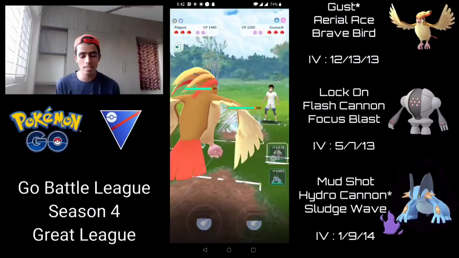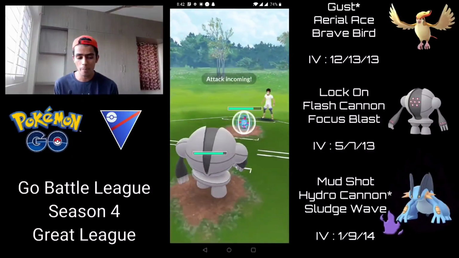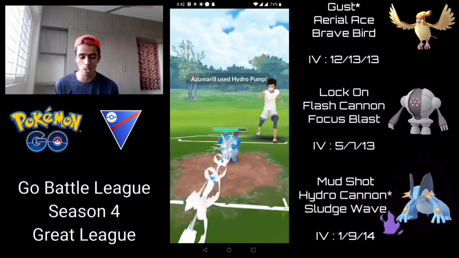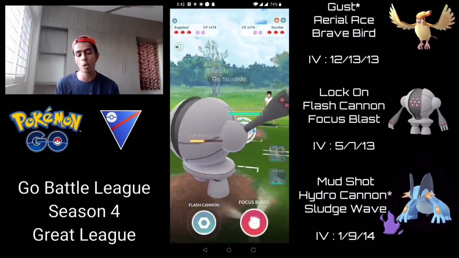So I'm going to try and catch the Ice Beam onto my Registeel here, but unfortunately we're not able to get it in time. Or they don't throw the Charge Move right. This is probably going to be a Hydro Pump, which I'm going to let this go through, which is absolutely fine. And now they make a switch into their Galarian Stunfisk, and I'm going straight for the Focus Blast